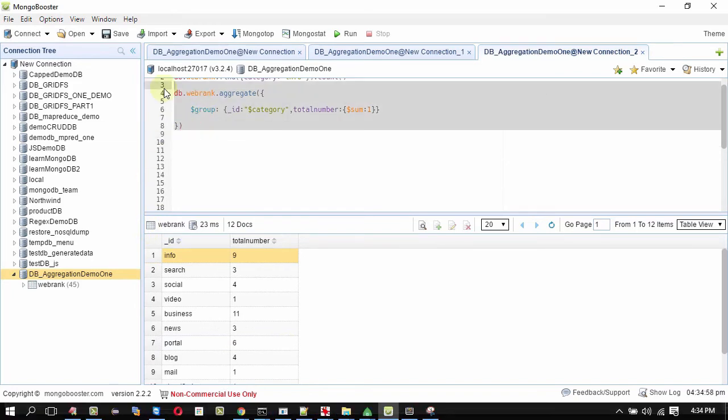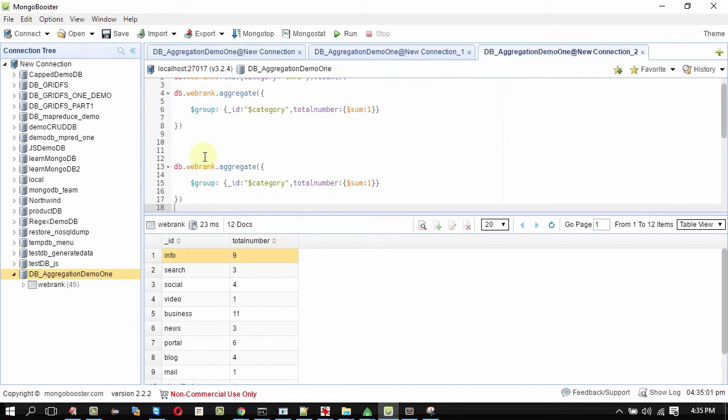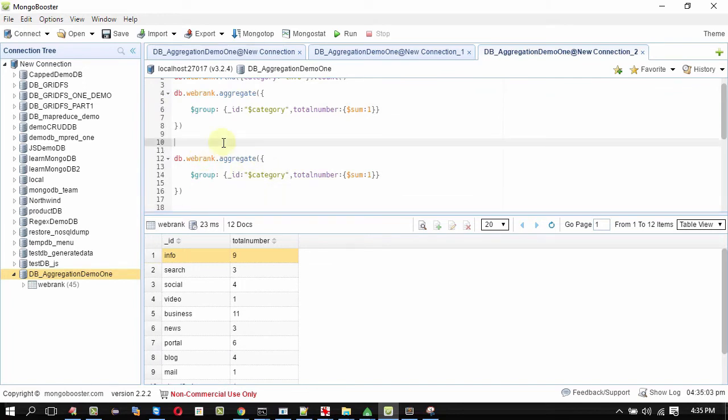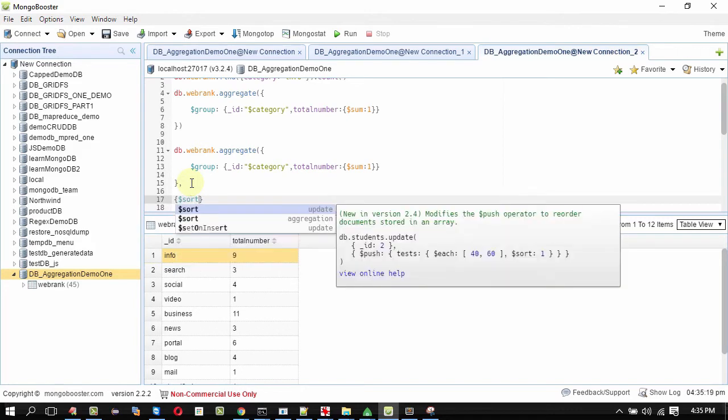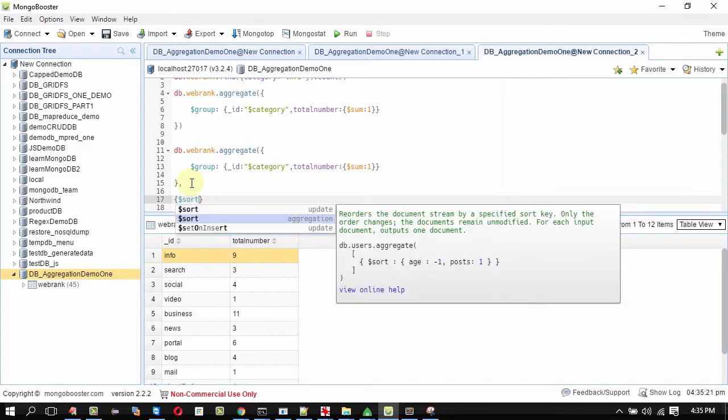The next step is to use the sort operator. That's very easy. Group ends here. I'm going to use a sort operator. Curly braces, $sort. You can see the syntax of sort here.